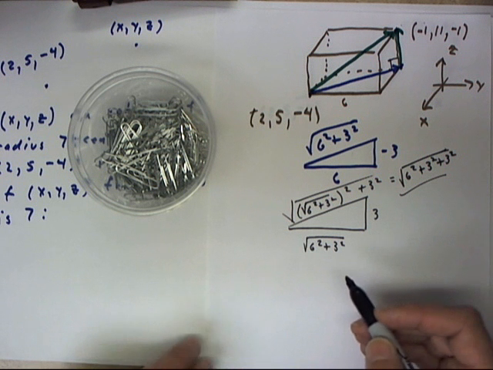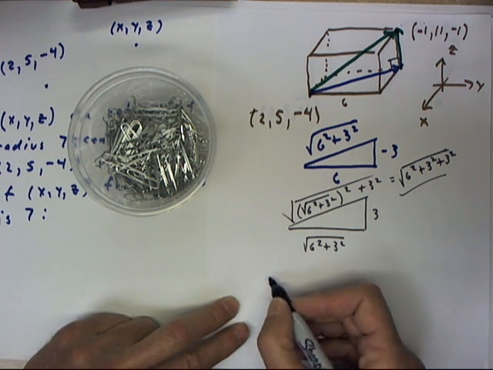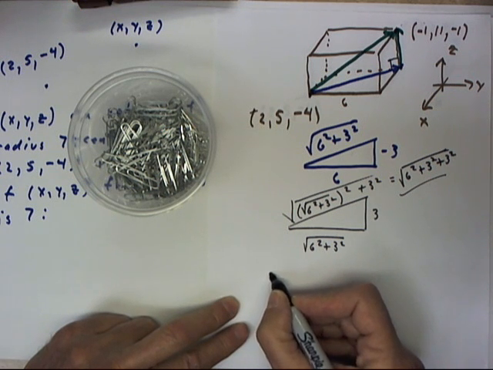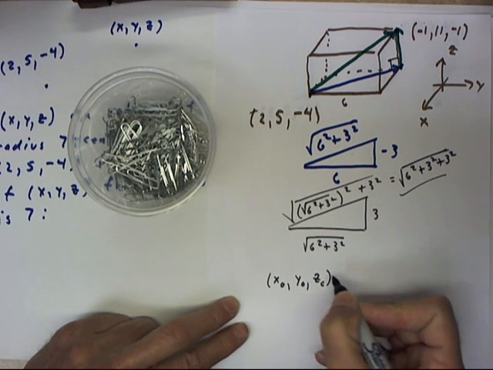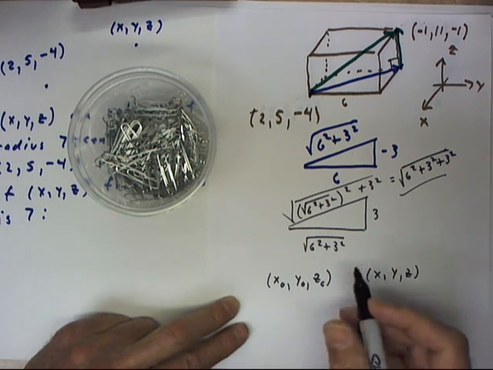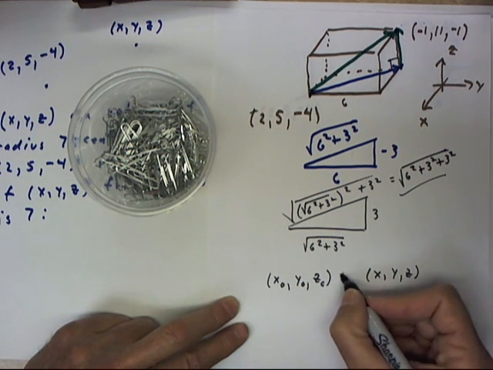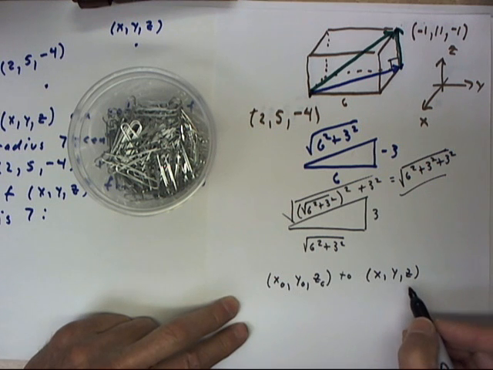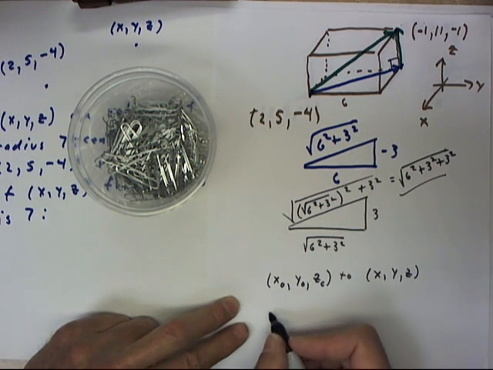In general, if we have a point, call it x sub 0, y sub 0, z sub 0, and a point x, y, z, and these points are visualized as being at the lower and upper corner. So if we have a vector that goes from this point to this point, then the sides of this rectangle are going to be